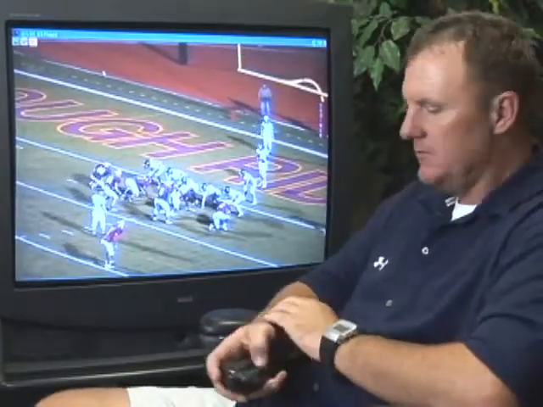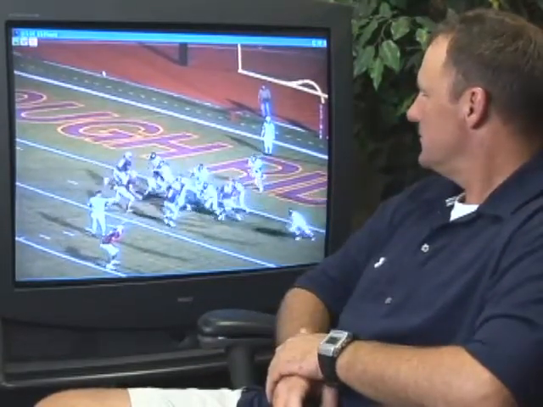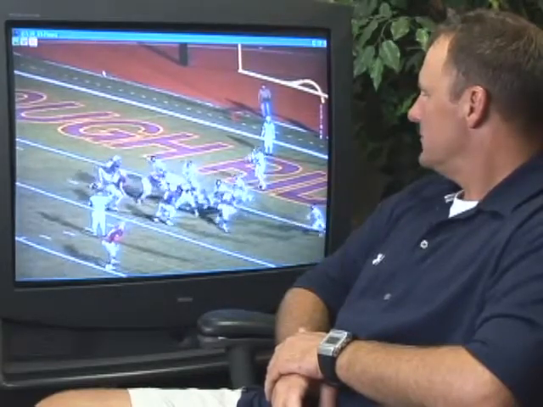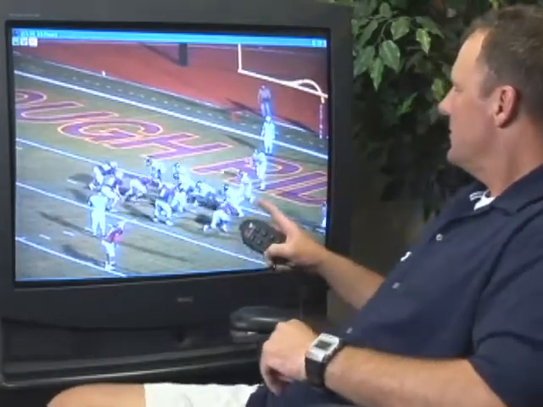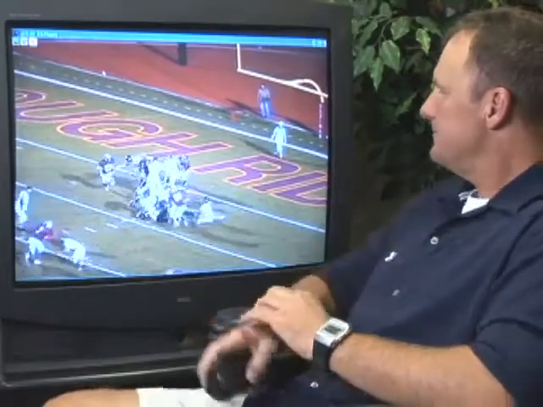Here's the tight view of it. Inside out. Good job by our fullback. It's a good run by our quarterback. Down close to the goal line,